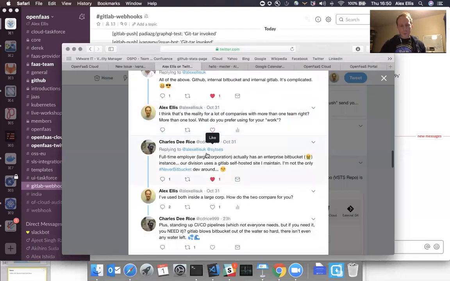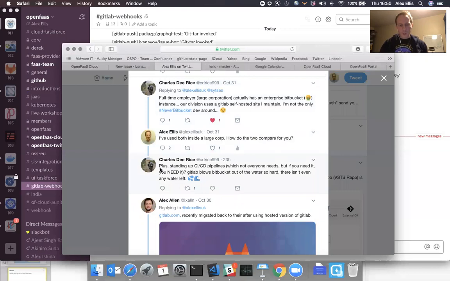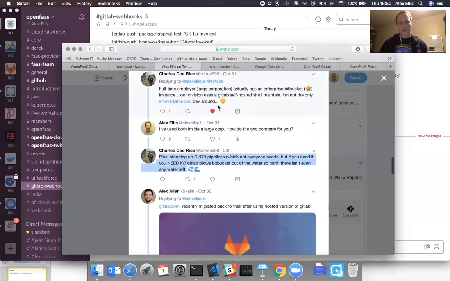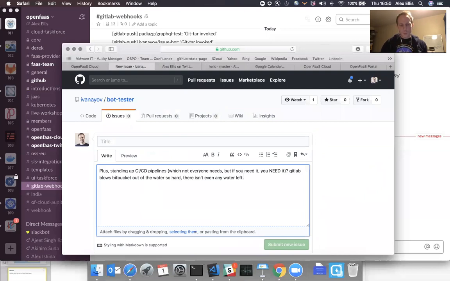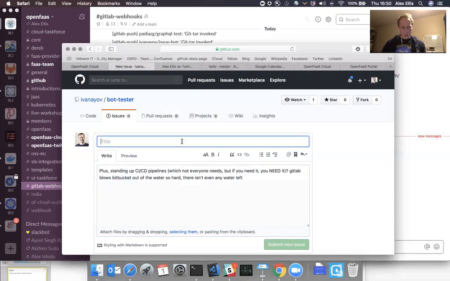Now on this thread from earlier, we actually have a few bits of text, people talking about different open source Git management tools and what they think about them. Here's one of the messages, and this guy seems to be quite positive about one tool, but not so positive about Bitbucket.